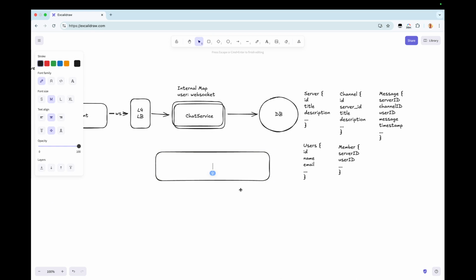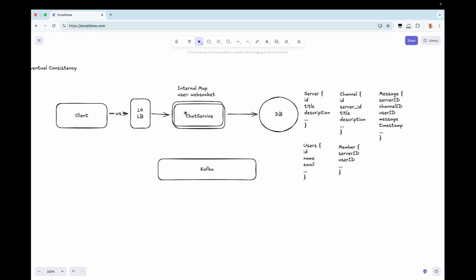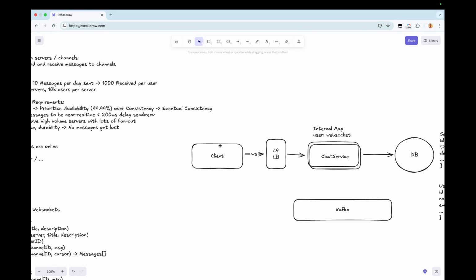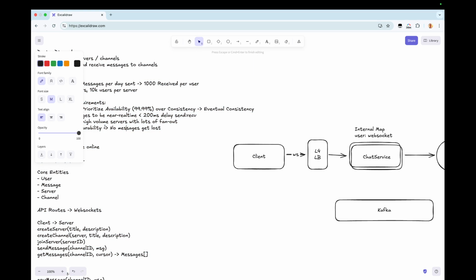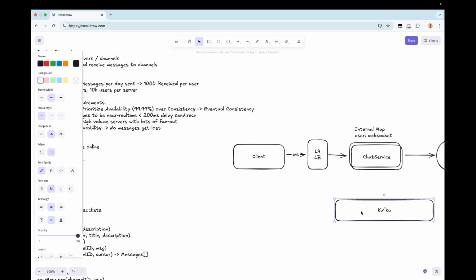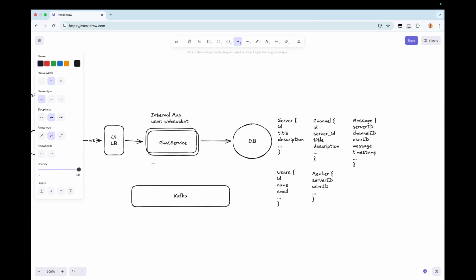So in order to do that, I'm going to introduce Kafka here. The reason I'm using Kafka is because we have a lot of volume of messages going through our system. We have 10,000 users per channel, so we have really high throughput requirements in that we need to process lots and lots of messages. We also have a requirement for message durability. We want to make sure that no messages get lost. That's one of our key functional requirements. Kafka provides strong durability for messages, so we're guaranteeing that when a user sends a message, it's going to be stored in Kafka, and one way or another, we are going to process it.